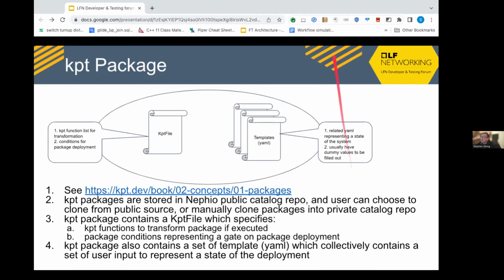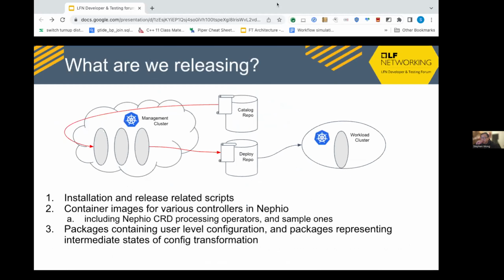So our Git repos are for Nephio only. So the Git repos are for deployment. In this particular case, the most important things are what we write on deployment. Take the left-hand side, the management clusters, and the right-hand side, the workload clusters. Anything prior to going into the deployment repo is still not committed to the workload clusters. So what I mean by dynamically adding conditions to a package is when, for example,